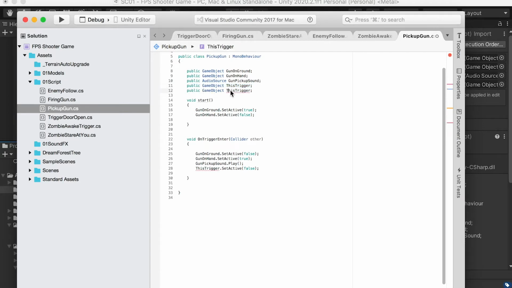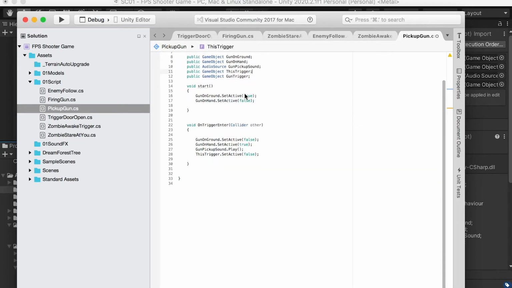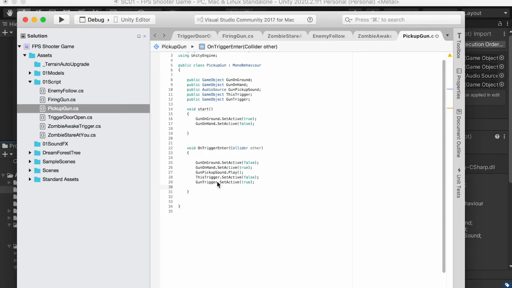We're going to add a gun trigger. So declare a new object which is gun trigger, and once we enter the trigger, we're going to activate this gun trigger, and make sure to save your script